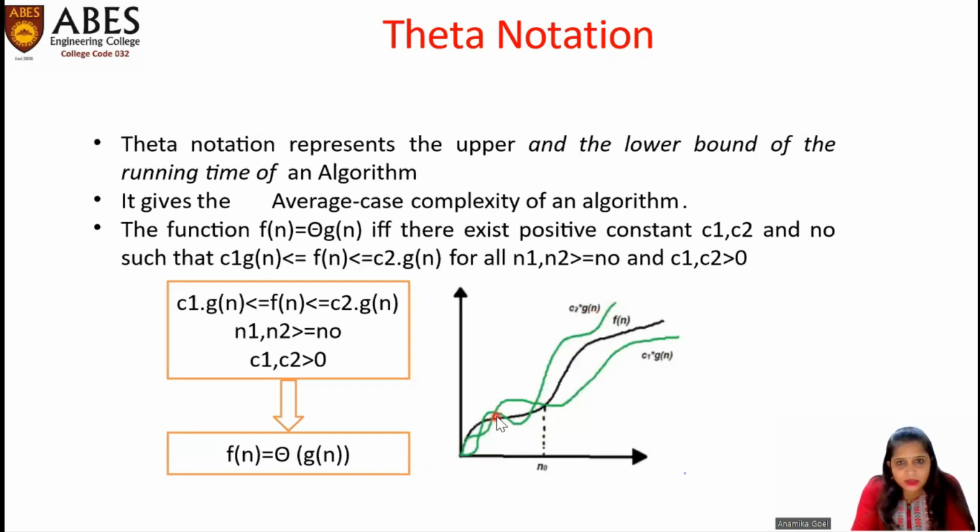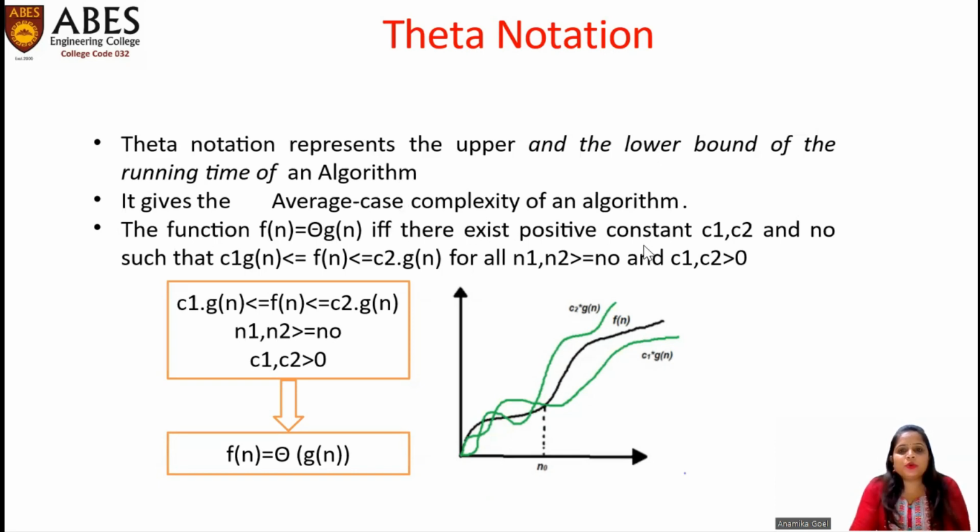Here you can see we have two intersection points. The first one is n0 dash, and the other intersection point is n0. Of the two intersection points, we consider the highest value. In that case, this is n0 dash and this is n0, so we consider n0. As per theta notation, the function f of n is equal to theta of g of n